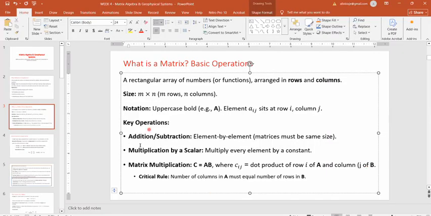So all the key operations: addition, subtraction, multiplication by a scalar, meaning that you can multiply maybe 5 times. Multiplication by scalar means you can have a